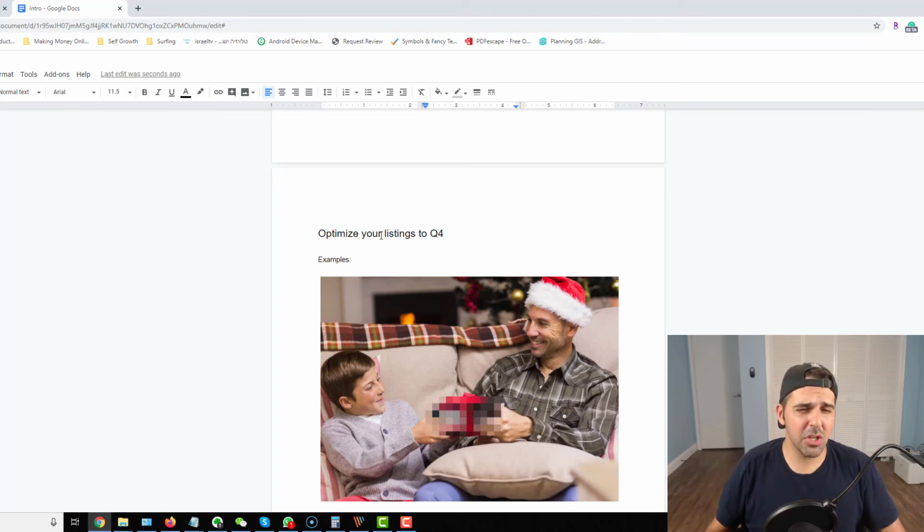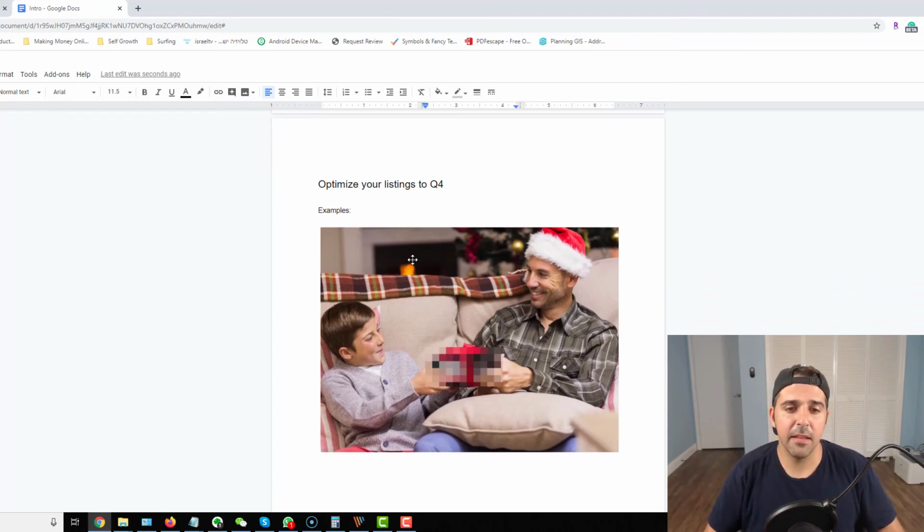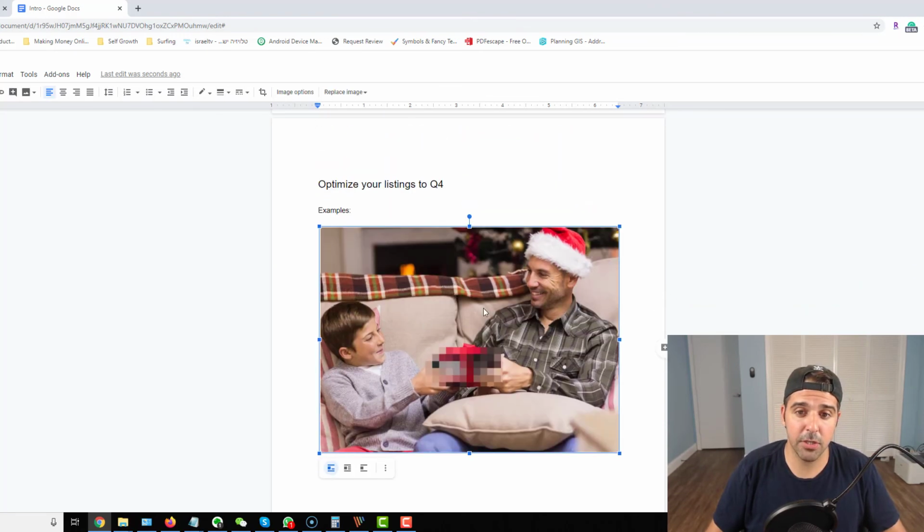Okay, and the last thing, optimize your listings for Q4. I wouldn't change the title, but the bullets, the first bullet, you can say the best gift or the perfect gift, something like that. And also make sure you create lifestyle images that are targeted for the audience. So if your product is more for kids, like you see, this is my picture actually. So what I did is I took like